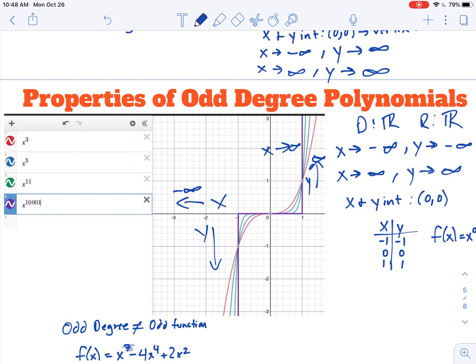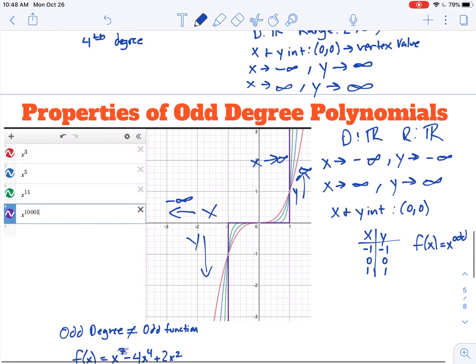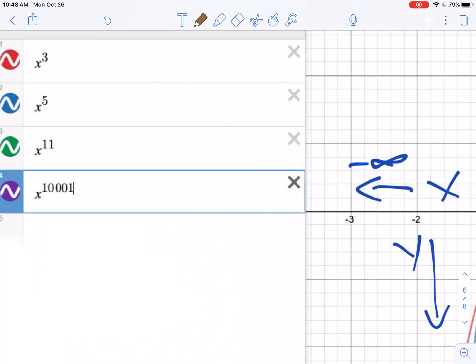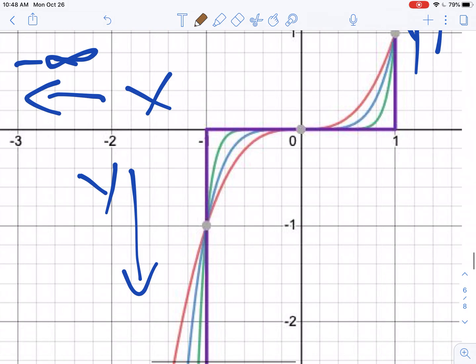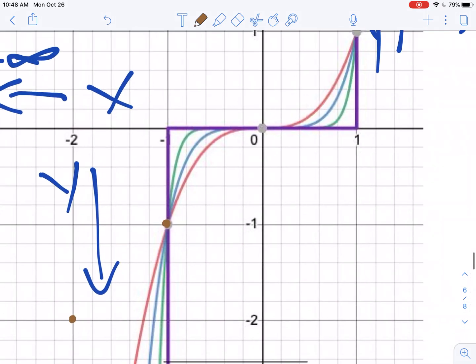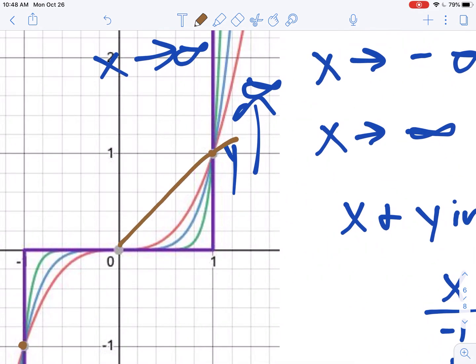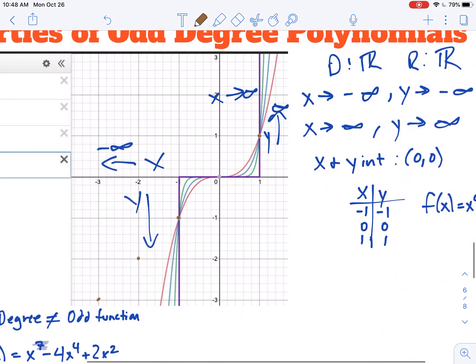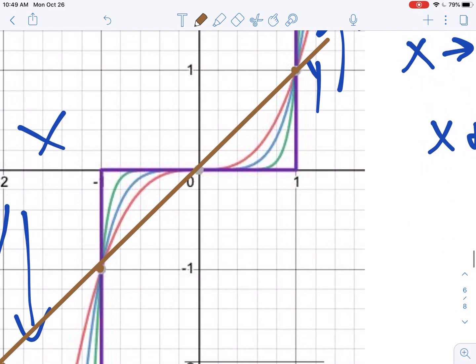We can even think about the fact that a linear function of just y is equal to x. So if I want to add in, just for fun here, y is equal to x in my 5th line, that means I would have a point here, I would have a point here, and so on and so forth. So I would have this line that goes through all these points,